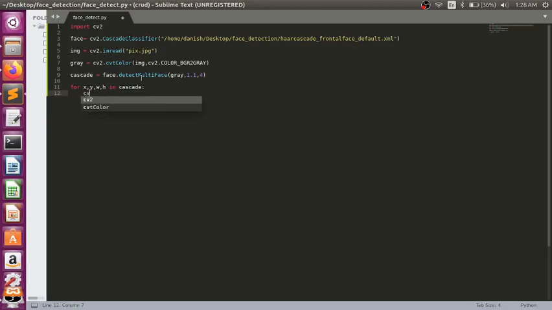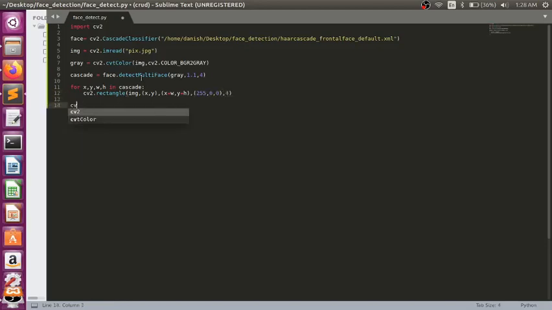I'm drawing a rectangle around the face in the image. cv2.rectangle of img, starting coordinates will be x and y, and ending coordinates will be x plus w, y plus h. Color will be 255, 0, 0, and thickness will be 4.